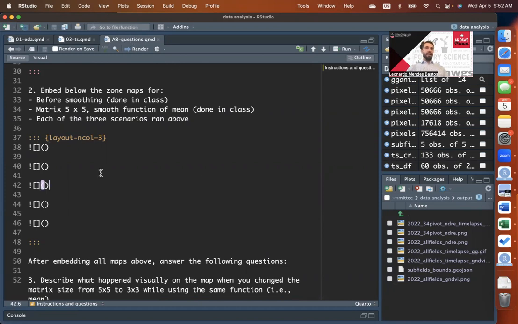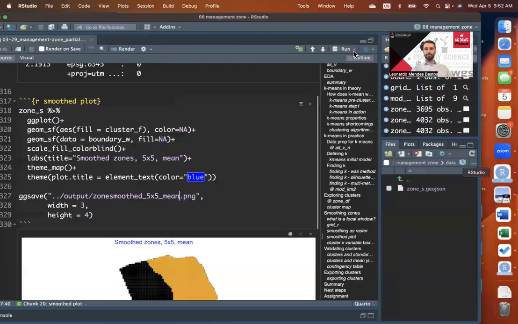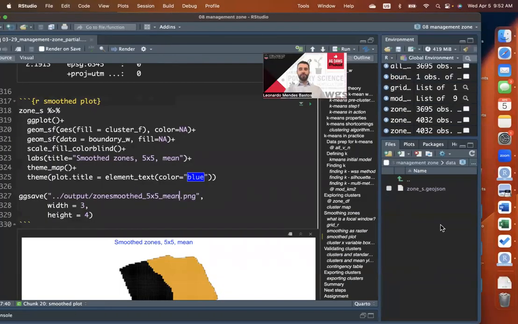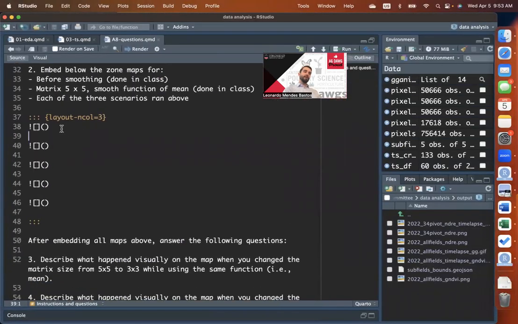your A8 questions, let's say that you save this A8 questions QMD in the code folder for the project, for the management zone project. If you do save that in the code folder, maybe I have that here. No, I don't. If you do save here, all of your images are going to be in your output folder, right? So for you to bring an image into a QMD file, I already left you some of the